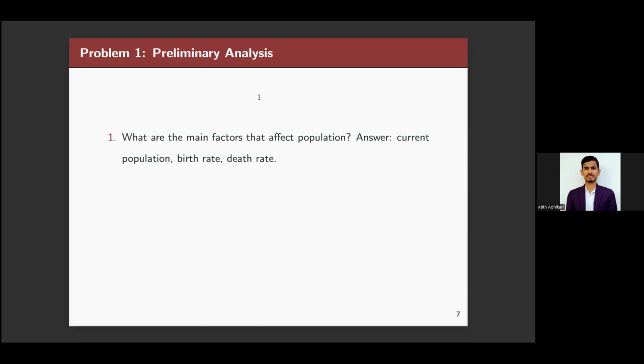Yes, you have listed some very good factors, and one of you gave a model here, which is really nice, but we'll see if we can derive that model later on. Yeah, death, morality, and migration. Those are all factors that will influence the fatality rate and also the birth rate and also current population, of